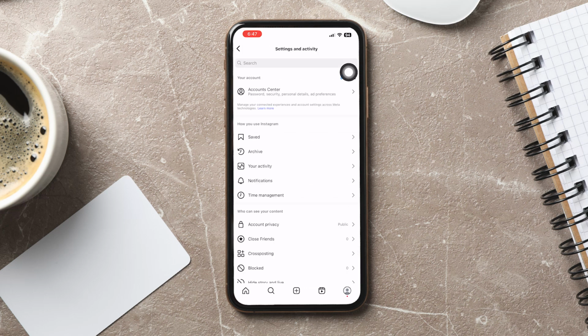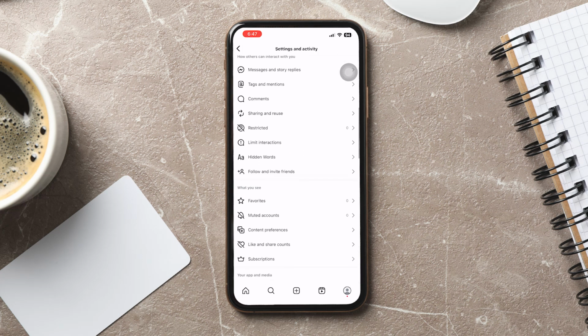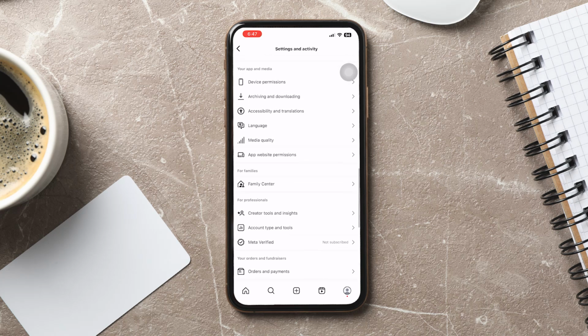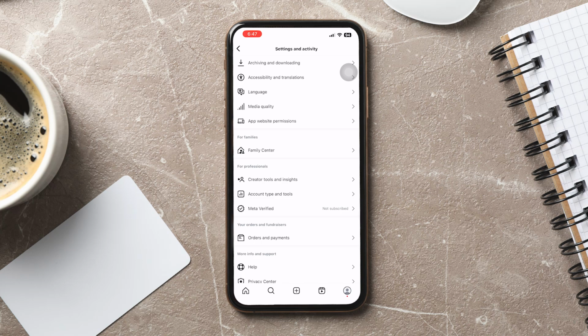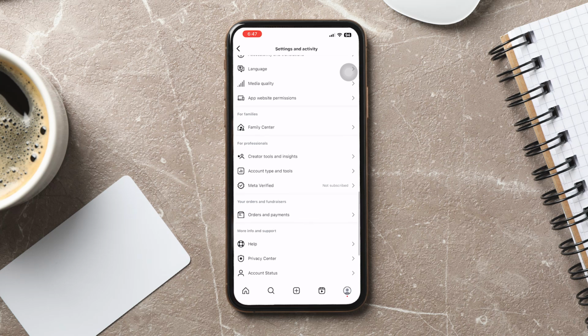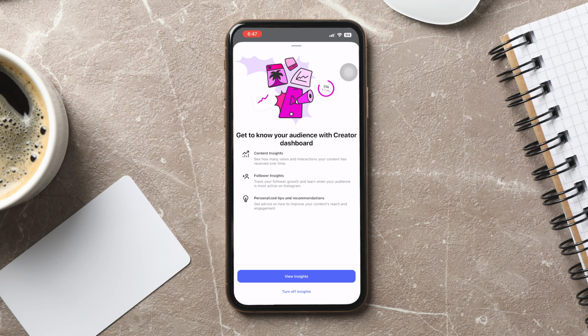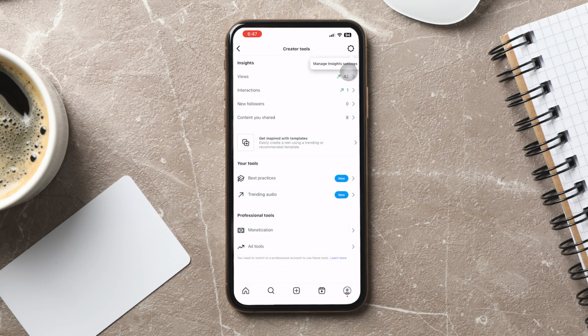And from here, you want to scroll down until you see the professional dashboard right here. Scroll down, and we should see here for professionals. So what we're going to do here is that we are going to go into the creator tools and insight and view insights. And the next thing is that you want to tap here on trending audio, because Instagram literally